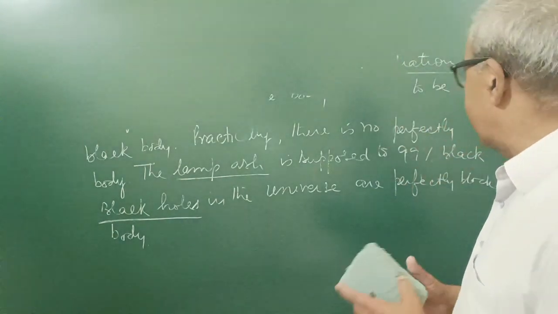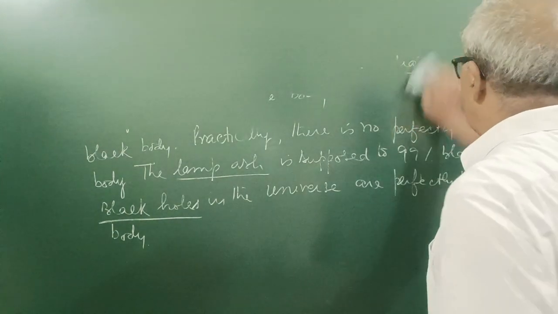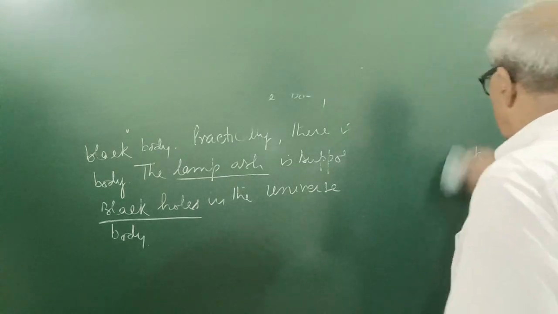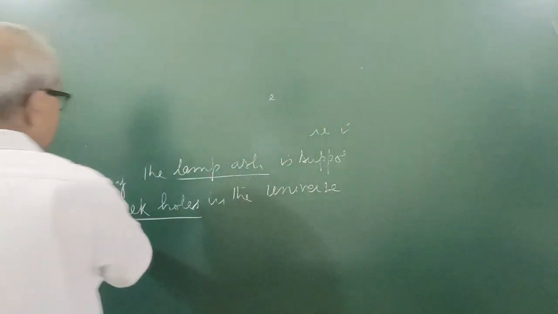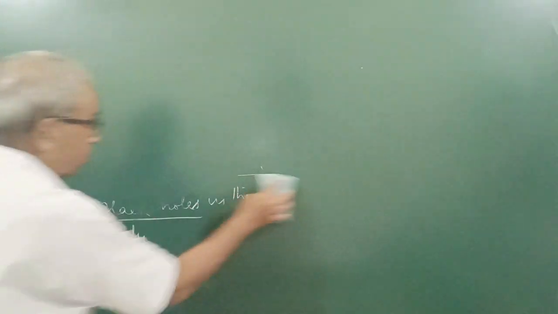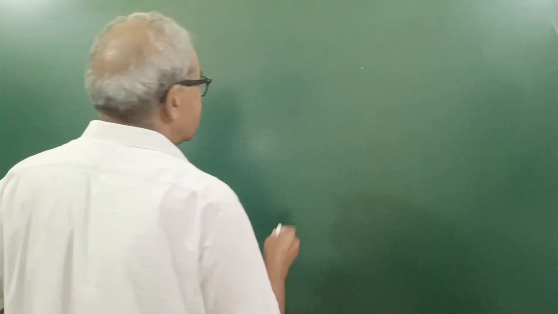And why are they called black? Because they are not visible. Whatsoever light falls on it is absorbed. It is very important to understand what a black hole is and what a black body is. Now, for practical purposes,